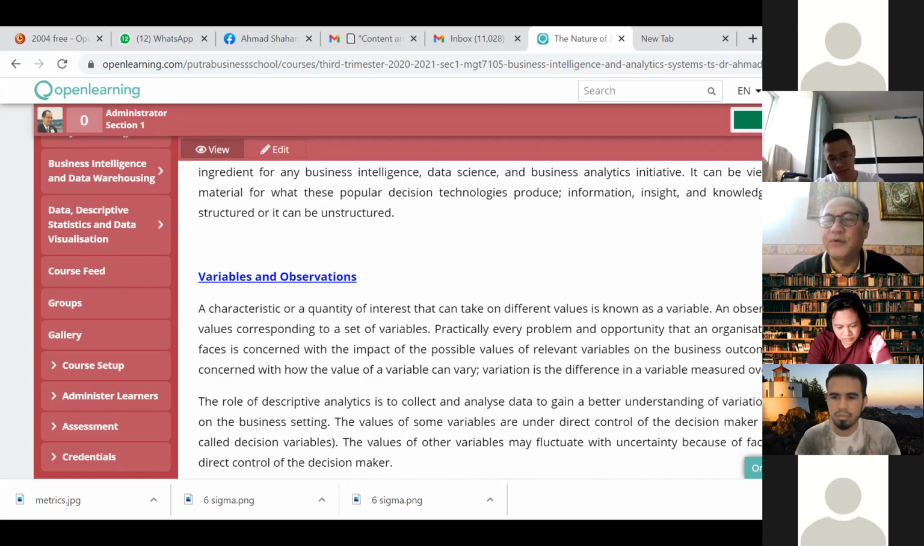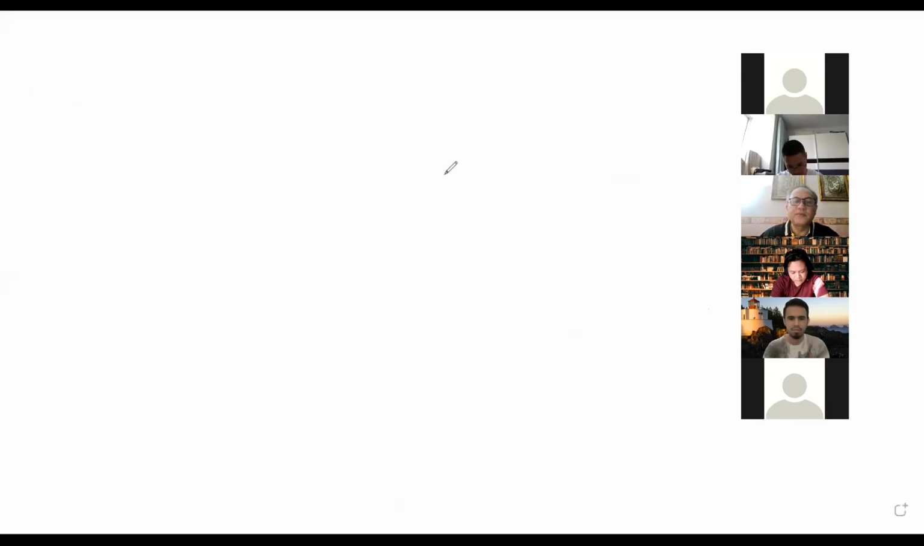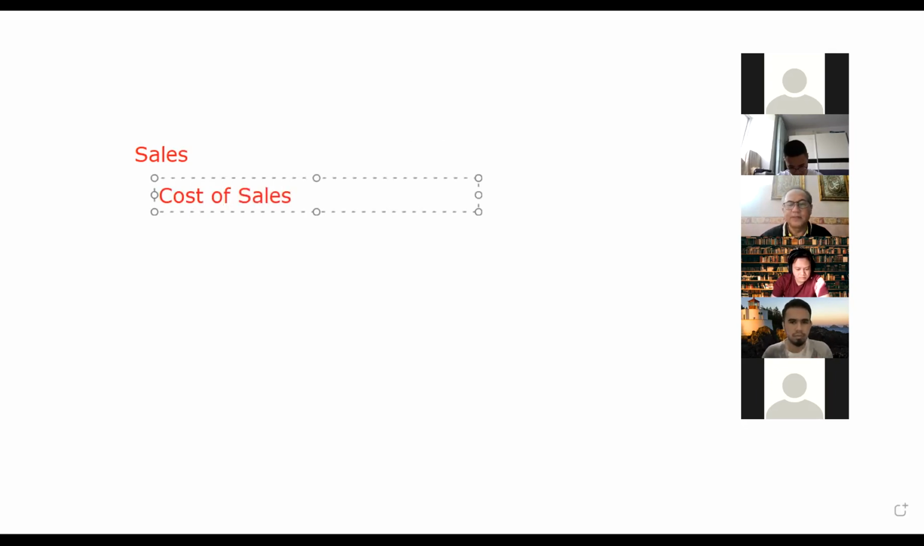For accounting, we have a term we call contribution margin. I'll put up a whiteboard. We all understand that we have profit. Profit comes from revenue, where revenue comes from sales. When we have sales, we have cost of sales. Cost of sales is the variable cost. When you minus sales, minus cost of sales, you get your